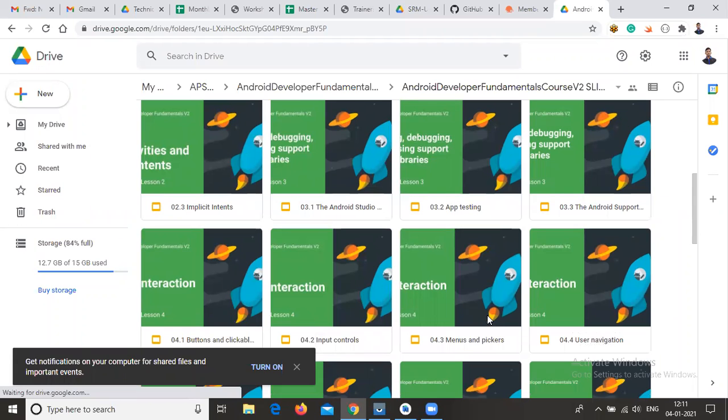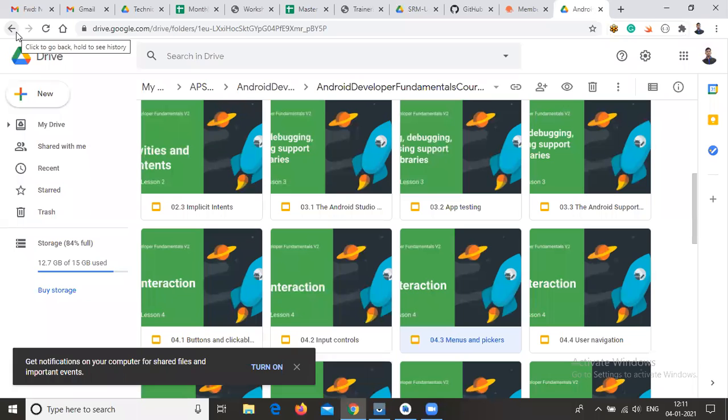It is one of the important concepts in Android. This is slide number 4.3. You already know how to open these slides. In the browser, just type Google Android Fundamentals Workshop. After that you will get this type of screen.